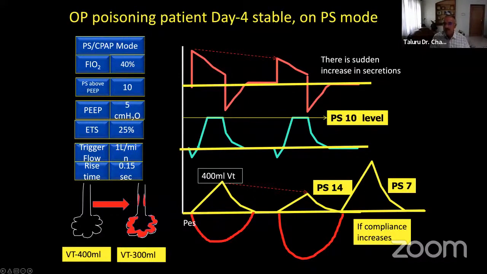If the compliance increases, then the patient may generate 500, 600 ml. Then you have to decrease. This is the disadvantage of these 3 modes. Whereas you look at this,